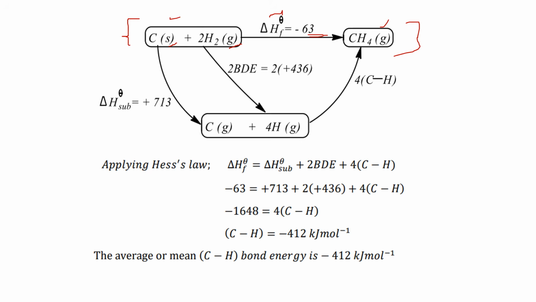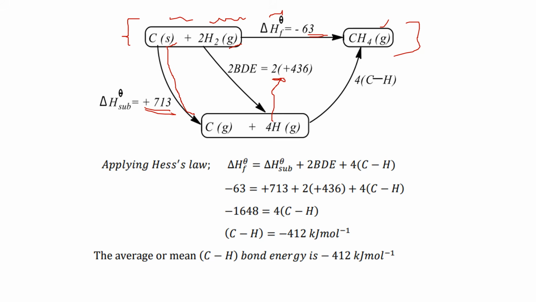But before these elements react, since we are given enthalpies of atomization, we have to convert them into their respective atoms. So the enthalpy of sublimation of carbon was given as positive 713. And for the enthalpy of atomization of hydrogen, we are given bond dissociation energy. And bond dissociation energy, remember, is the same as twice the atomization energy. So we are putting here 2, it would have been 4,